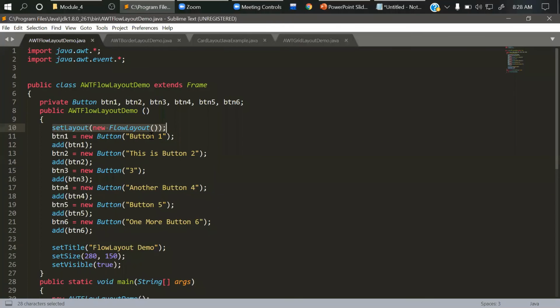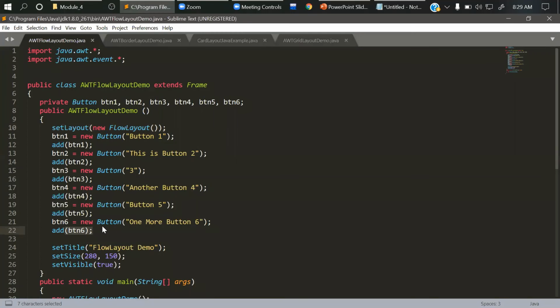I've given some names for the buttons, and parallelly I have added them into the container. You can see here, button 1 is created and added to the component, then button 2, then button 3, and so on up to 5 and 6. This is the sequence in which my components will be added.